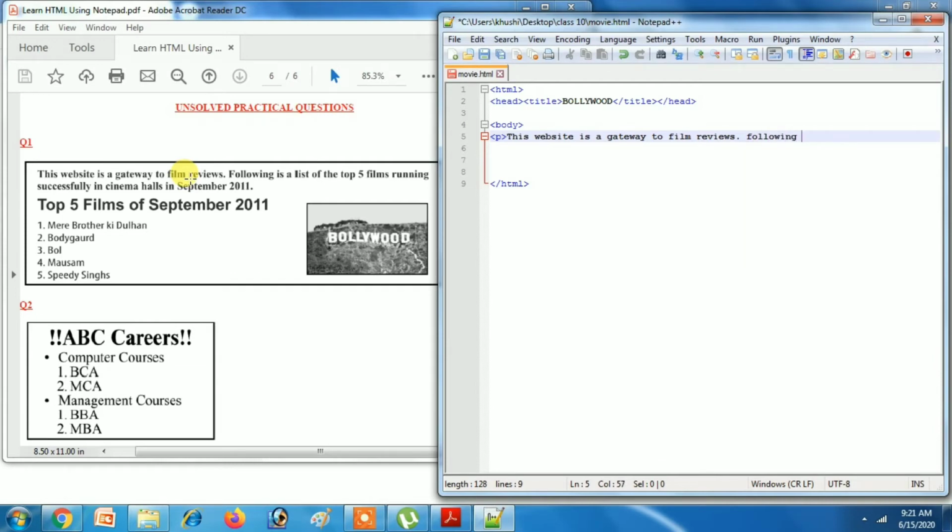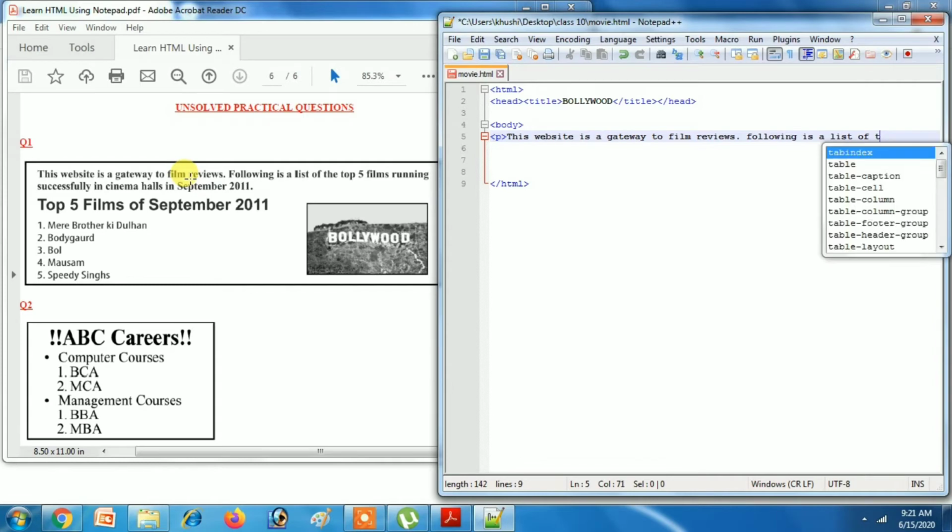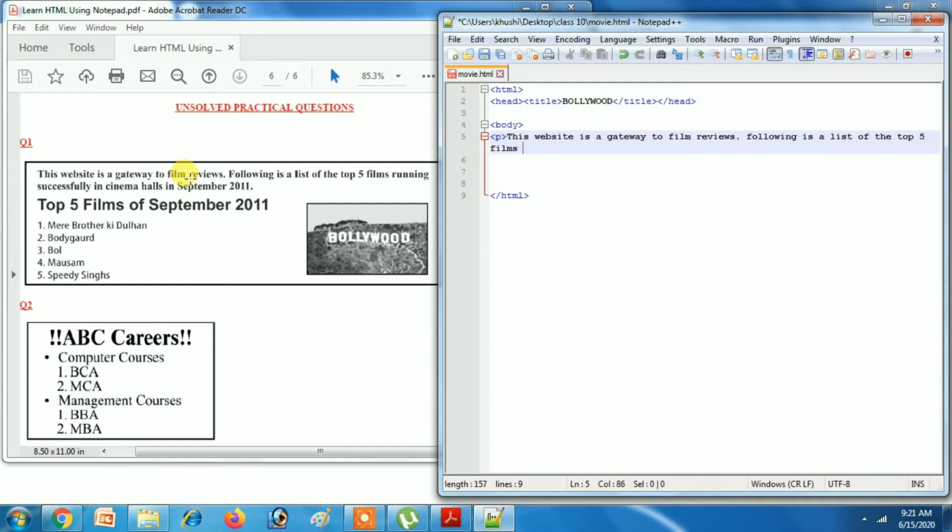Following is a list of the top 5 films running successfully in cinema houses in September 2011.